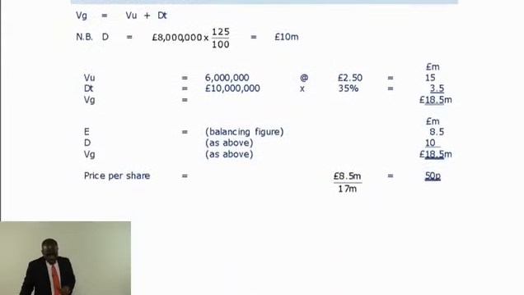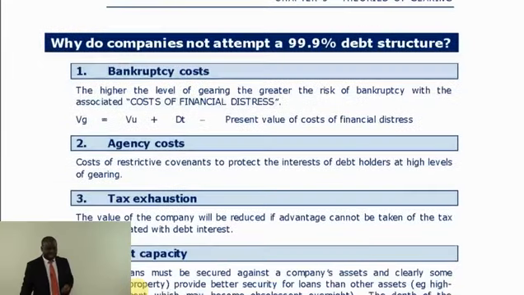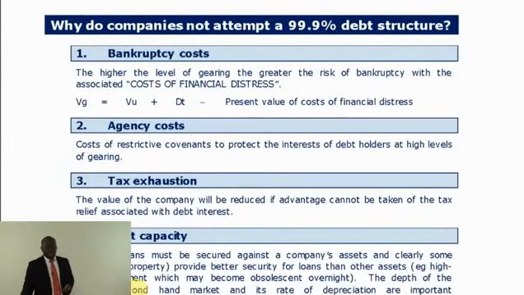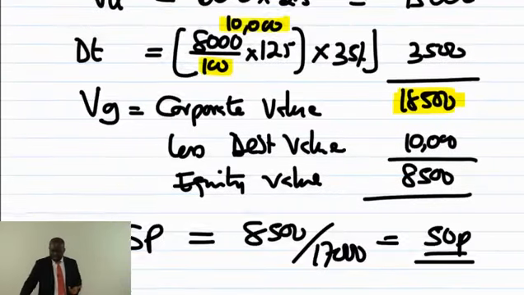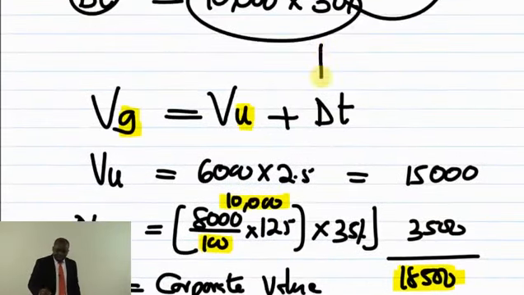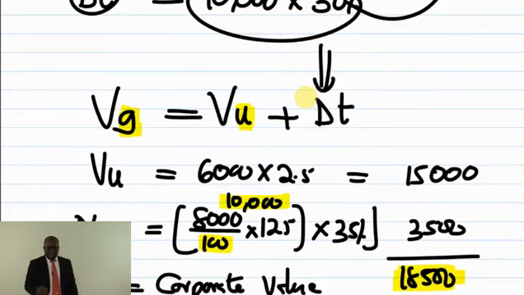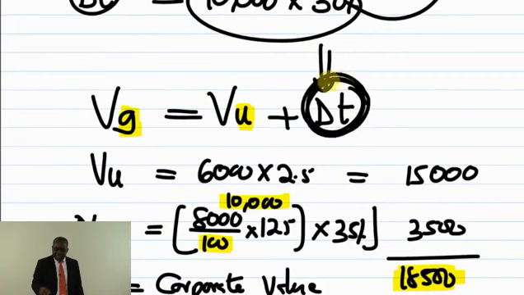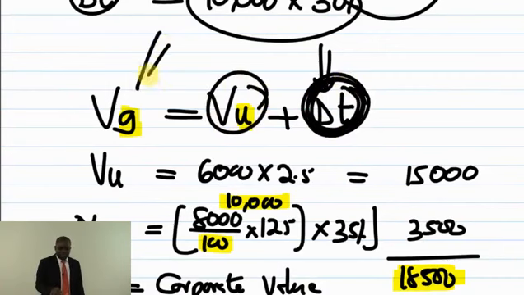Okay. So Miller and Modigliani were criticized because they assumed that if you borrow and borrow, because of the tax savings on the interest, your WACC is supposed to be falling. And when your WACC is falling, your market value should increase by the present value of the tax savings. If you look here, the more you borrow, the higher the debt value. And when you multiply that higher debt value by the tax rate, the PV here will be more. If you add it to this, the more you have as the market value of the geared.